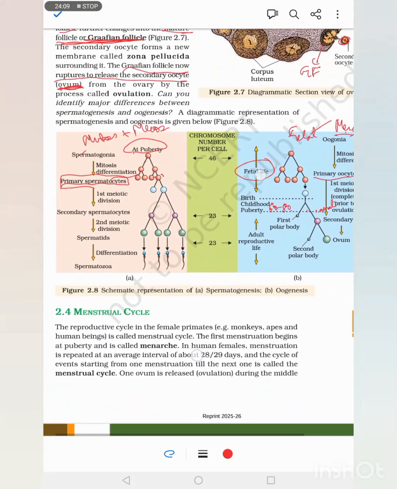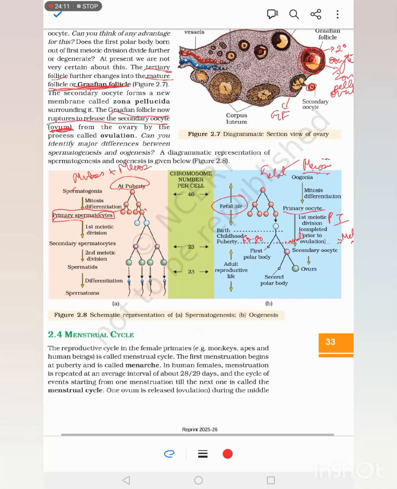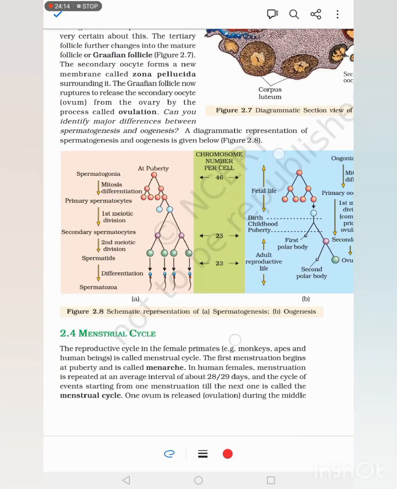So that's all. I think everything is understood. Common questions asked here are